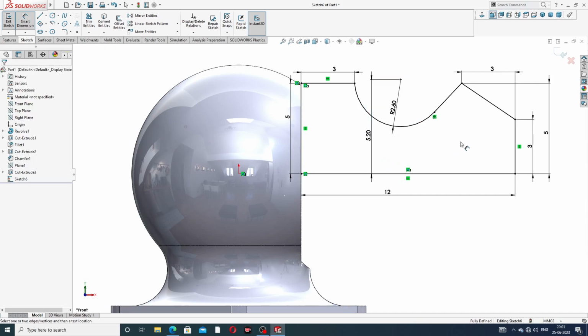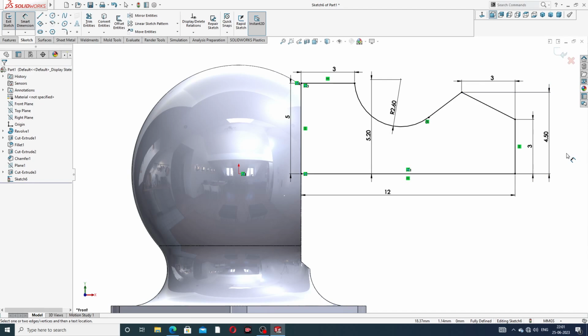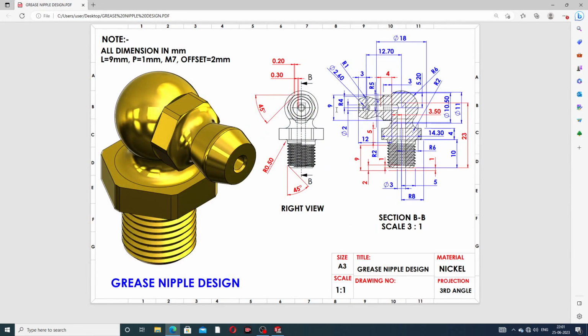Okay, and all is correct, but this is 4.5 millimeter, and all is correct. Okay, all is perfect. This is 4 millimeter, and this is 5 millimeter,